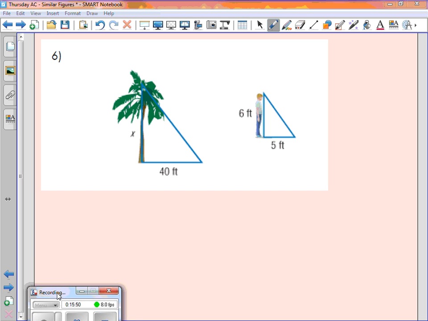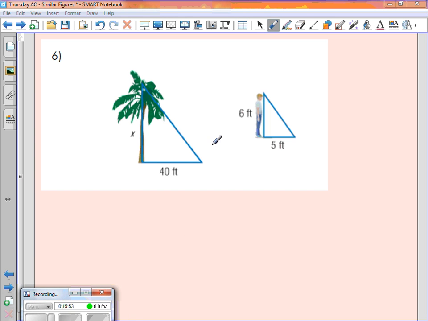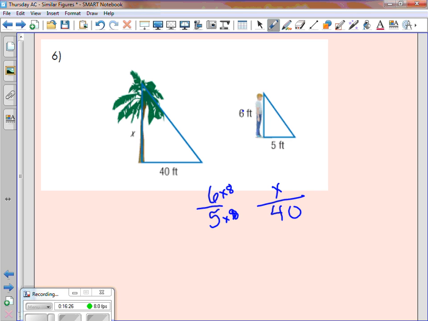Finally, example number 6, we once again have the tree and shadow, and then now we have a person and their shadow. So if a person is 6 feet tall and casts a shadow of 5 feet, how tall is a tree that casts a shadow of 40 feet? I'm going to use my 2 corresponding sides. I'm going to put 6 over 5 for height over width. 6 over 5. And then 6 corresponds to x. That'll go on top. 5 corresponds to 40. I know that 5 times 8 is 40, and 6 times 8 is 48. So this tree is 48 feet